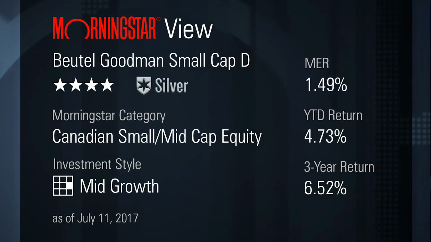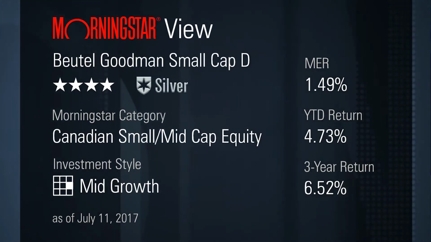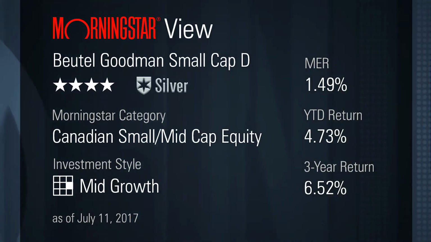The Canadian small cap space is an area where we typically see higher TERs, mostly due to poor liquidity and the higher cost of trading small cap stocks. The median TER here is 21 basis points, compared to just 6 basis points for the Canadian large caps. Because of this, we tend to prefer funds like the silver-rated Beutel Goodman Small Cap, whose low turnover approach results in trading costs that are well below the median.